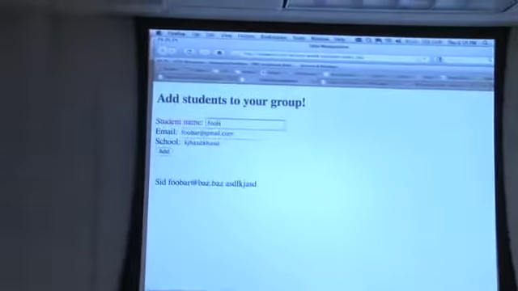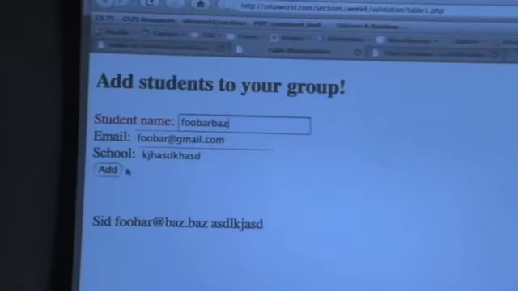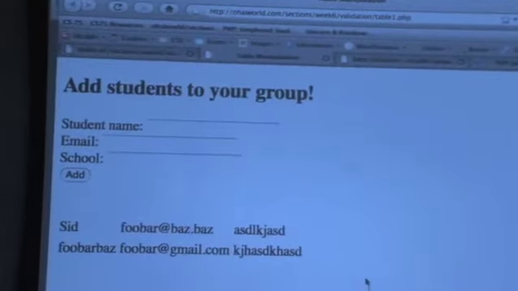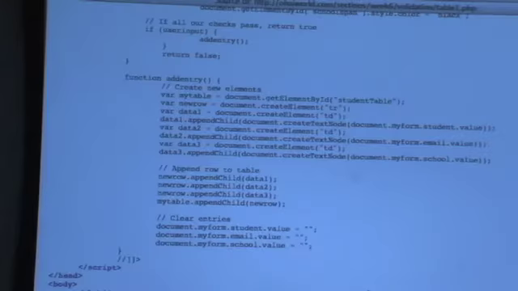Sweet. So let's take a look at what addEntry does. Just as a reminder, when we did foobar baz and hit enter, that's what it does. It looks like a table, right? Like the way it's formatted. Let's take a look at the